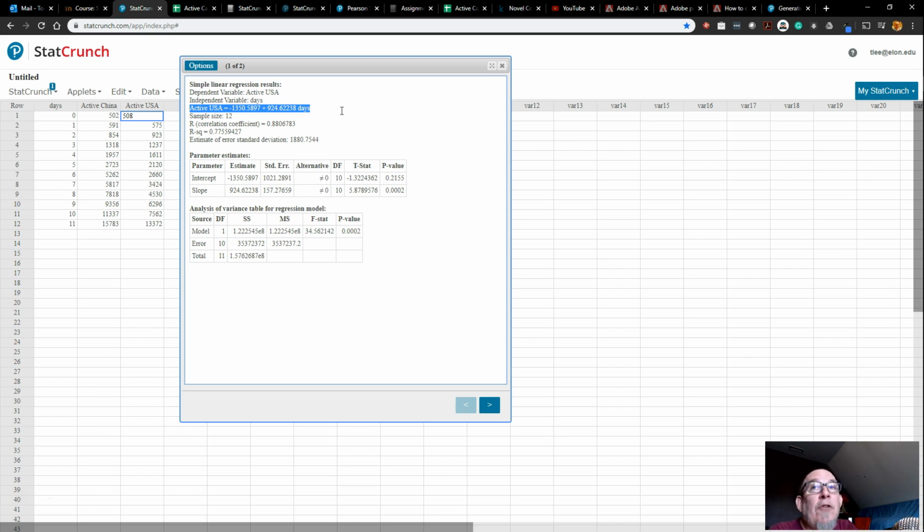So in a linear sense, if this were linear on the first almost 2 weeks, in a week and a half, the cases were increasing at about 1,300 cases a day in mainland China. But in the U.S., when it finally got to 500 cases, at that point we were only increasing at 900 cases per day. So the rate of expansion of the infection was much lower at the 500 cases. Now,